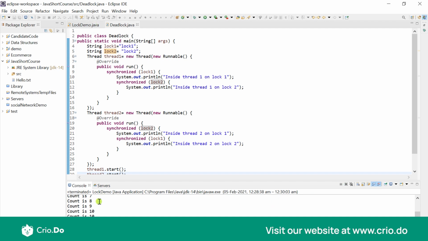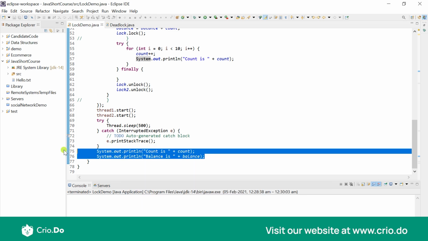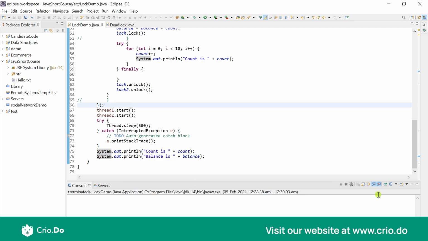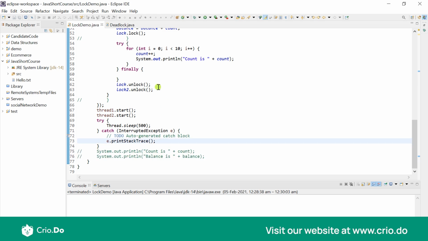Now as you can see over here, I had to complete this particular code, just because I have something printed in the main, but I could not complete the execution. That means there was a particular deadlock which had happened. So now over here, if I comment out this part and we try to run this, okay, it has gotten terminated over here. Let me try this again. Now it's not getting terminated. It just keeps running. It doesn't do anything.